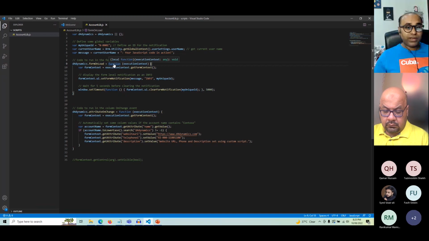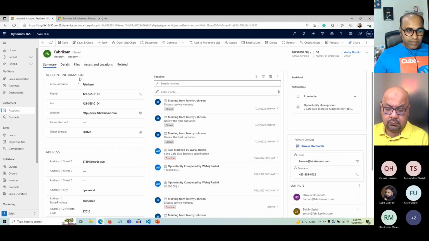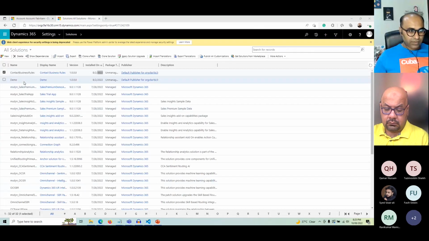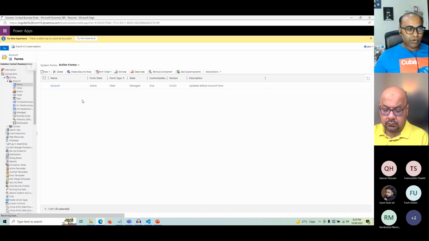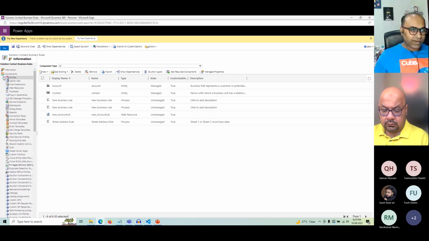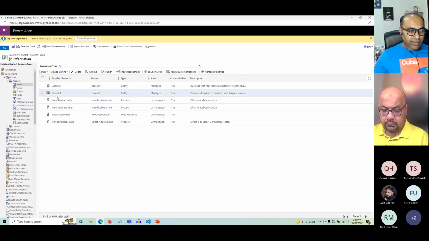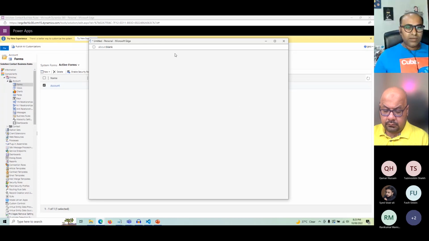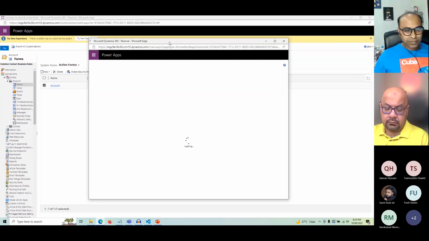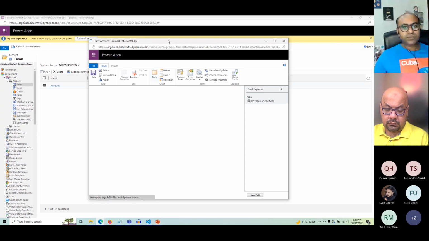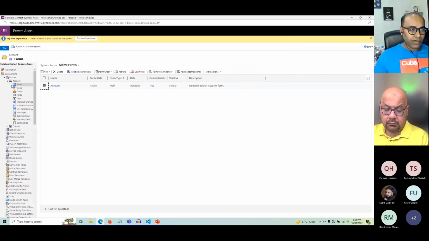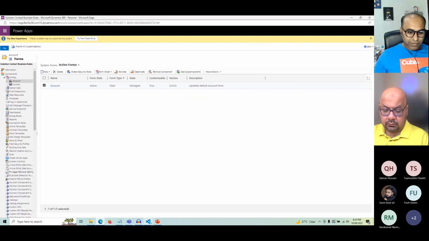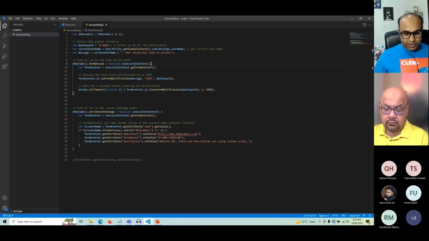Okay, now how did I register this code, how did it show there? For that, we definitely start with the solution. For example, this particular solution which I've already created, I can recreate it. I will create another solution just for your understanding. And on the account entity, on this particular account form, I have registered this particular function. How? Okay, sorry, before that, more importantly, how do you upload your JavaScript file or JavaScript code to